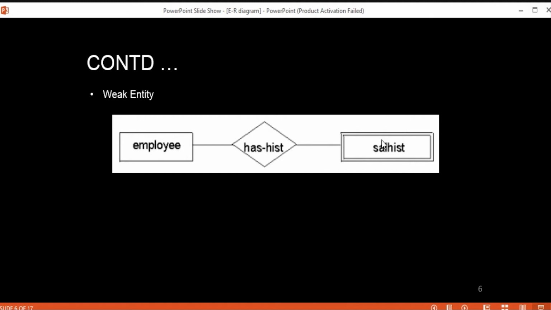So there are two entity sets, say employee and family. That employee can claim travel allowance for their family, but the existence of a family is entirely dependent on the particular concerned employee. So we can say that family is a weak entity in that case. Clear?